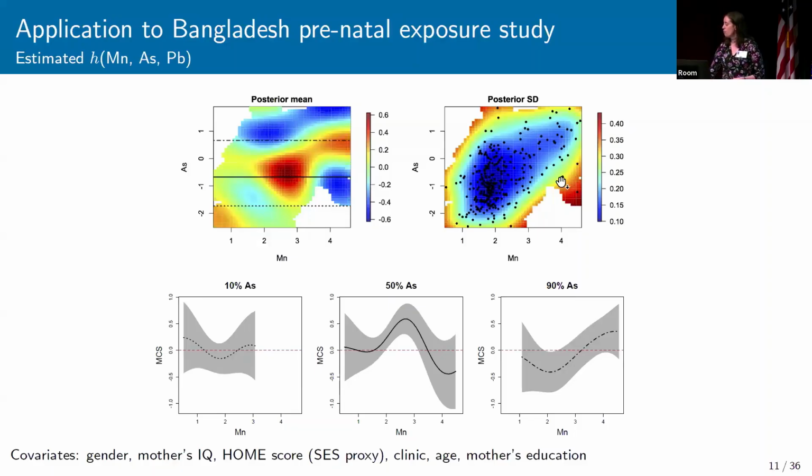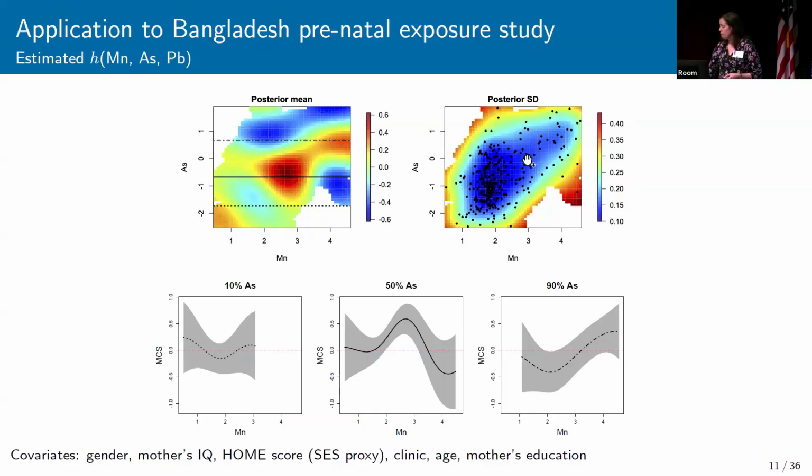And then areas that are red are places where we may only have 1 or 2 people exposed at those levels, and so we have a lot of uncertainty of our exposure response function in that location. And I didn't even shade some of the places where we don't have data, because we want to be careful about extrapolating where we don't have data. The model will tell you what it thinks the exposure response function would be, but there's no data to support that. And so we wanted to be careful about over-interpreting when we don't have data. And so what these results indicated to us was that there appeared to be evidence of nonlinear effects and interactions.